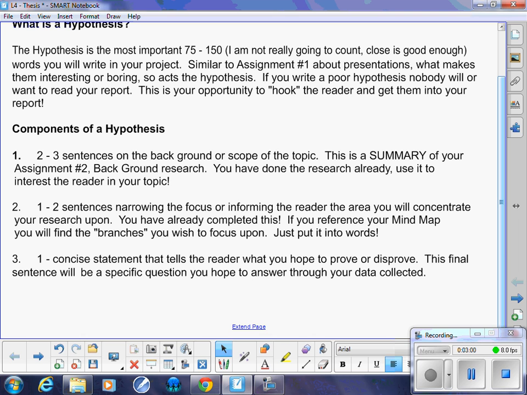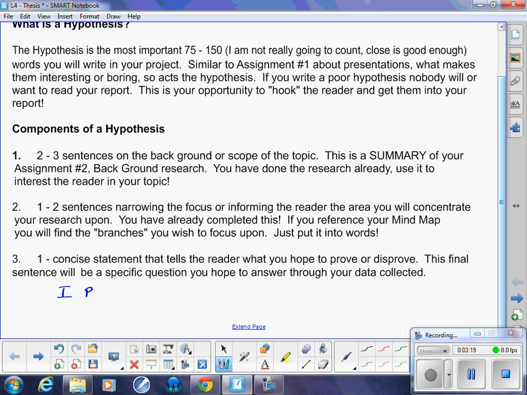And then finally, your concise statement that tells the reader what you hope to prove or disprove. And it's okay in this project if you end up disproving your statement. There's nothing wrong with being wrong here. There's no research grant in the end. So this is where you would go along and say that